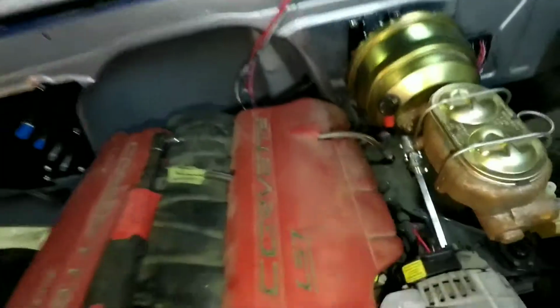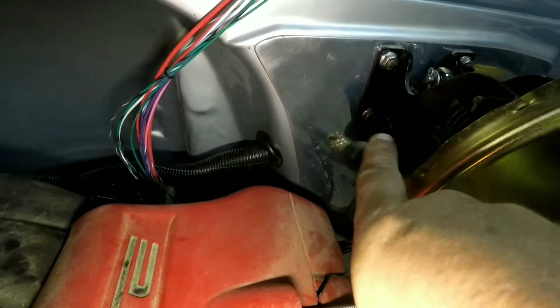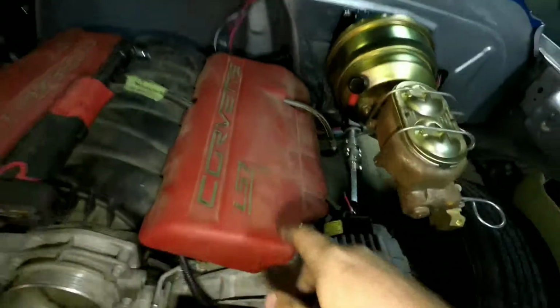I'm going to show you where I had to pop that hole. Now, I'm not too happy with it. It's a little higher than I want it to be. I'll show you that real fast. Let me see if I can get you in here. See, it's right there, and it works out. And we're going to go inside and I'll show you what I mean. It works out real good as far as where this is, but